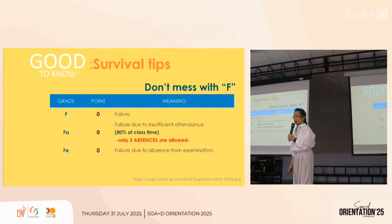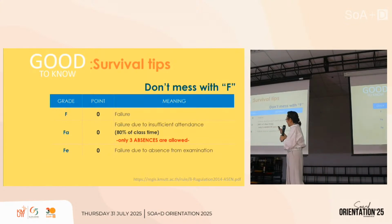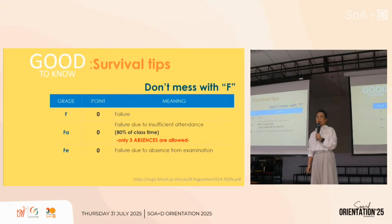And for survival tips, don't mess with F. Very scary, right? Don't mess with F, because F means 0 points. And there are so many Fs. The first F is failure in terms of score. You cannot pass 50% of the score. That's F. Another F is FA. FA means failure due to insufficient attendance. Wow, that's scary, huh? You have to manage your time well, not to skip the class more than actually 3 classes in each course, which is